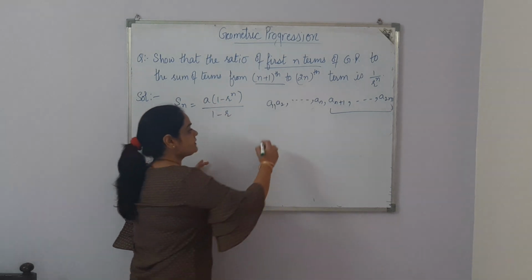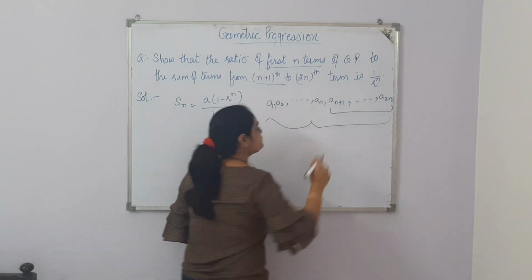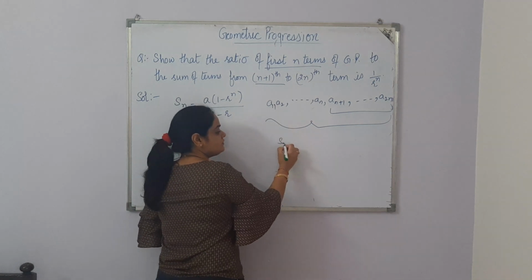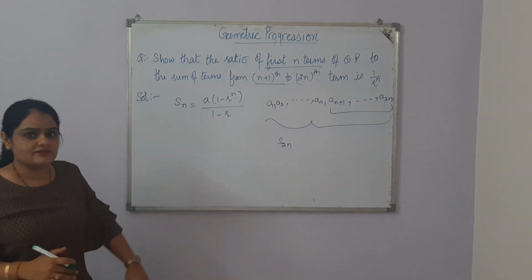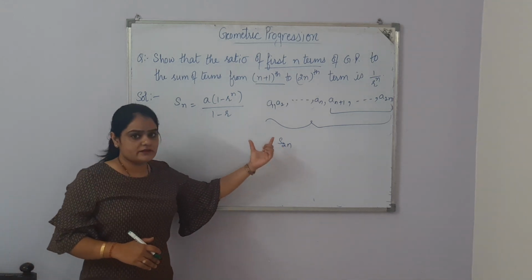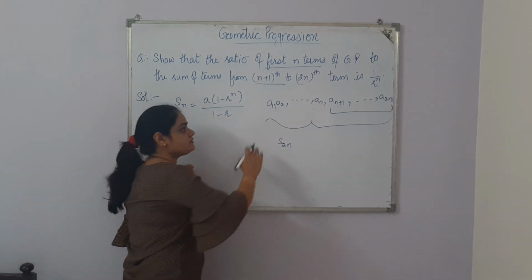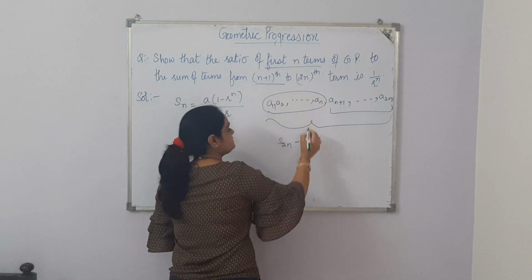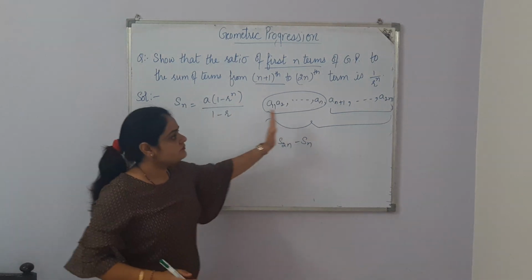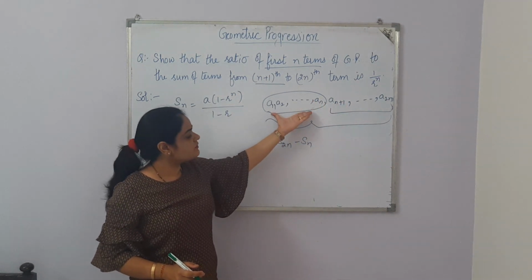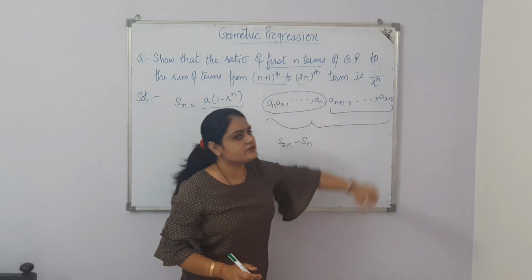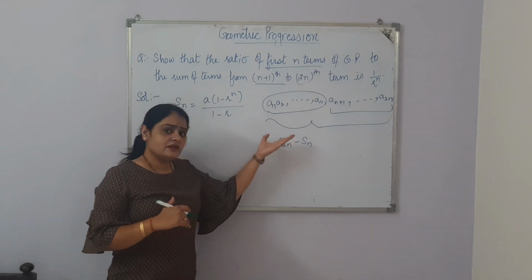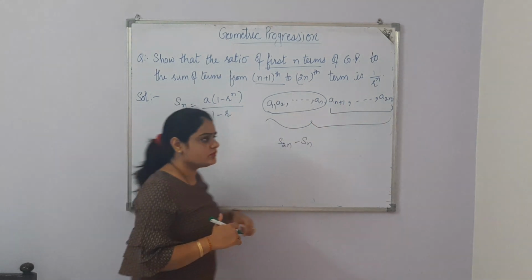Then what we'll do is take the sum of the first 2n terms, because the first term is included there, so we can apply the formula for 2n terms. That means the sum of the first 2n terms, and from it we subtract the sum of the first n terms. If from the sum of 2n terms we subtract the sum of the first n terms, we get the sum of n plus 1 to 2n terms. So by applying subtraction, we can get the sum from n plus 1 to 2n terms.